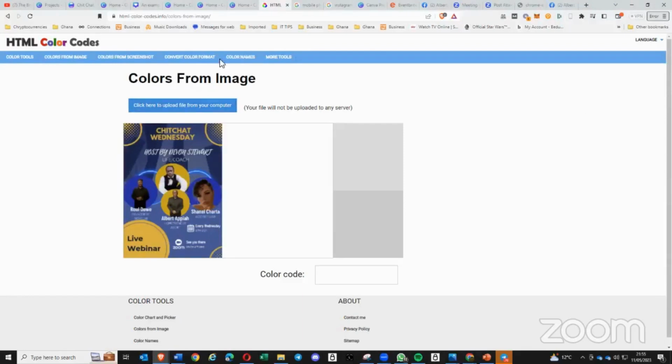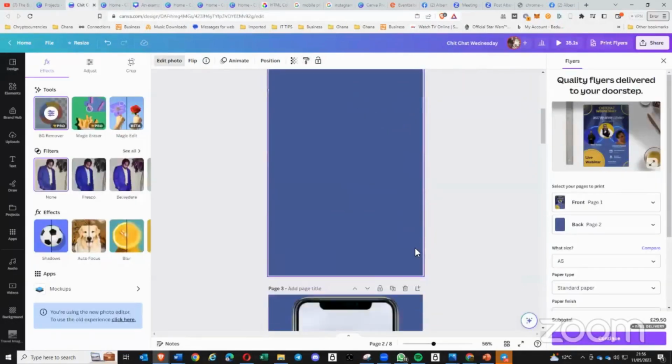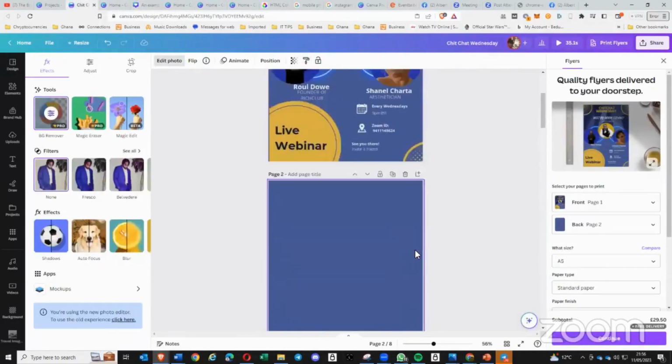So let's just say I want exactly that shade of yellow. So I would highlight that area of the image. And you see here, you've got this code down here. So what I would do, I would copy that code, go back to my Canva. Okay, if I go back to that image,